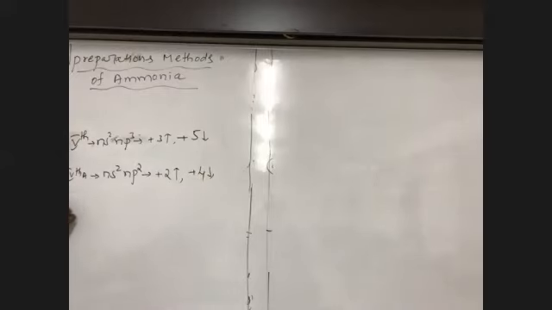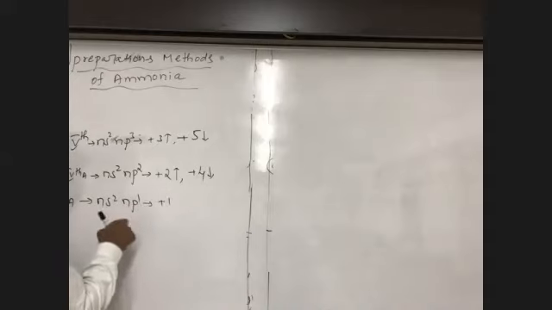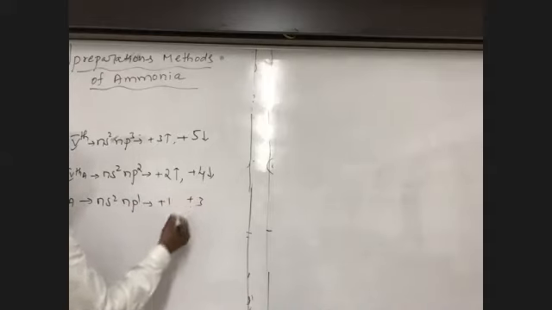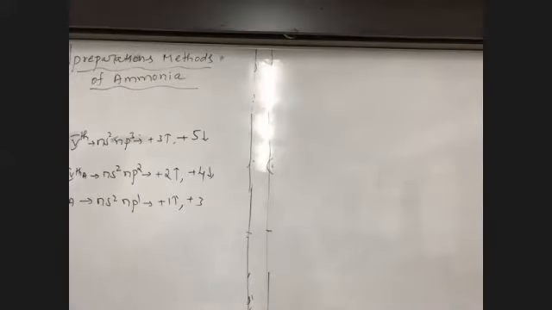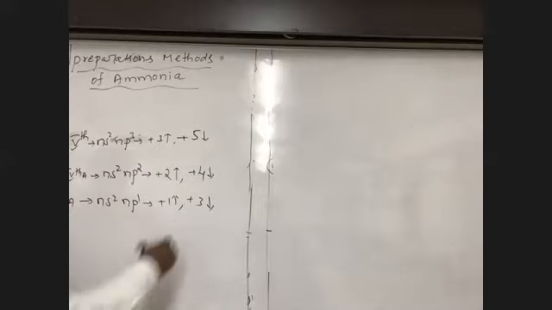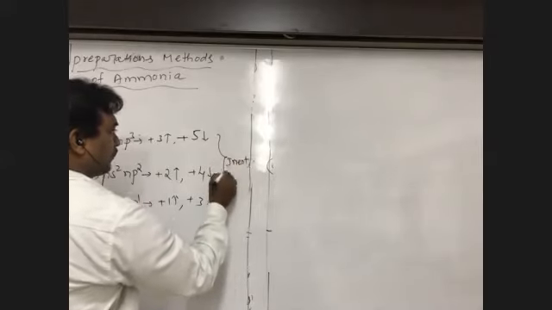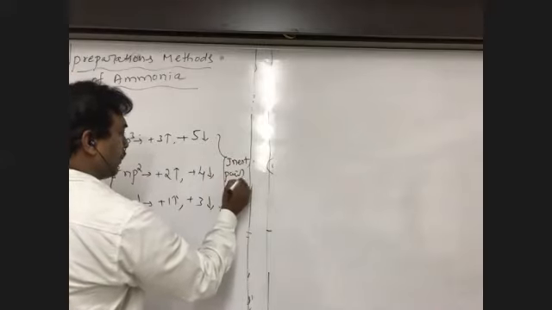In the 13th group elements, we have to take the electronic configuration ns2 np1. Here it also exists in two types of oxidation states, +1 and +3. In a group from top to bottom, the stability of the +1 state increases and the stability of the +3 state decreases. So in a group from top to bottom, the higher state stability decreases and the lower state stability increases. That is the reason for the inert pair effect.